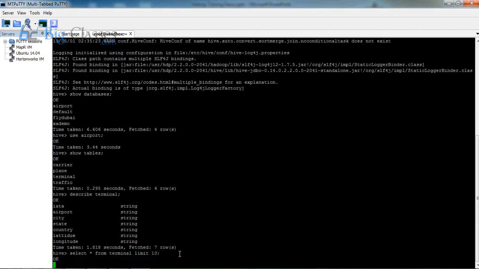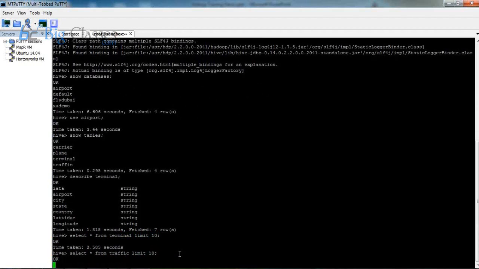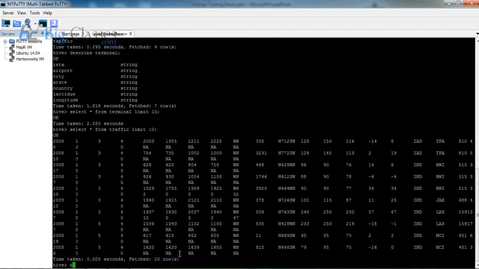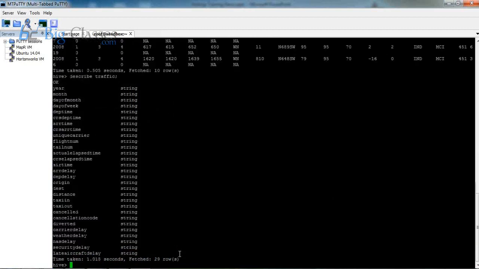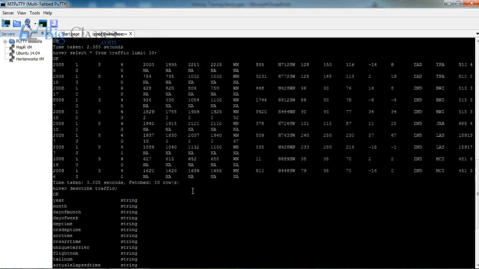Oh, that's no data. Okay, let me take another one. So the little data is there. Let us see what the traffic table is. It's a comparatively bigger, lengthier table, and this is data showing it. But this doesn't really tie the knot. What we're talking about is big data, and the simple thing is just the same. But if you really want to see what is there, let me open up another window.